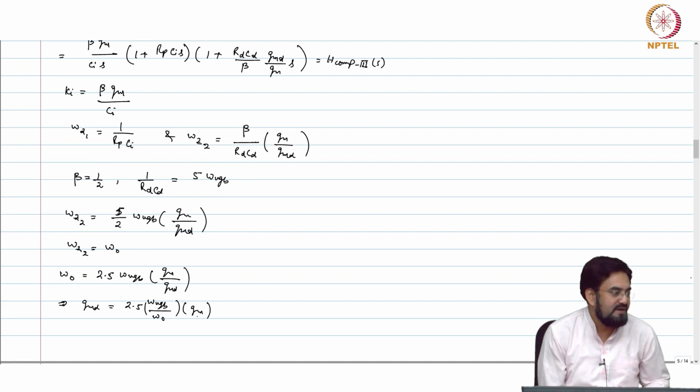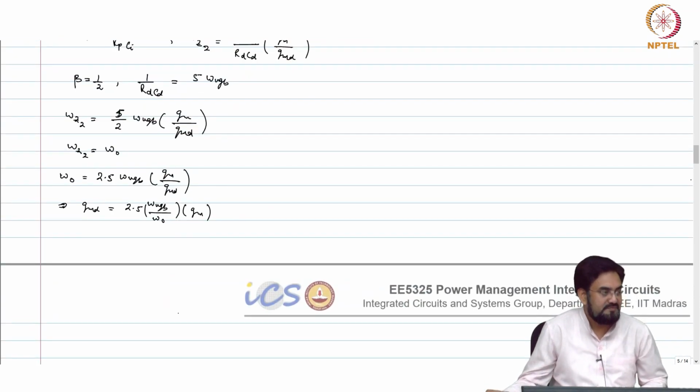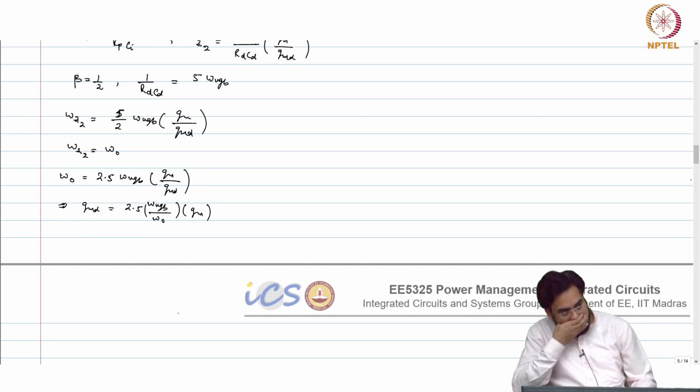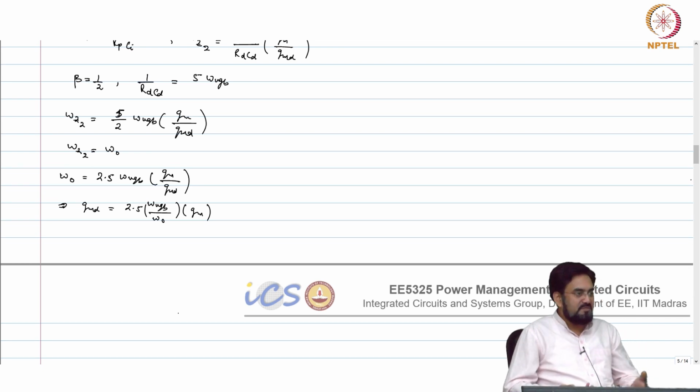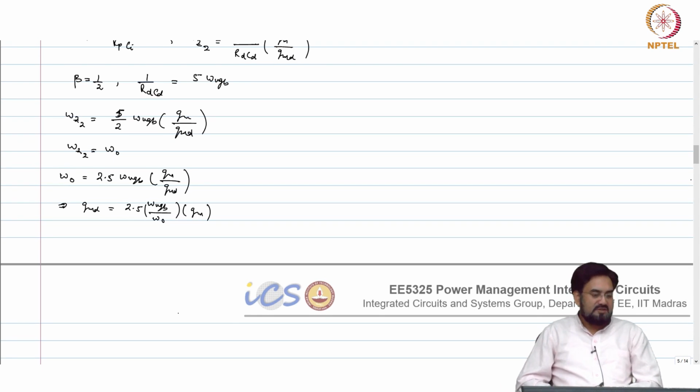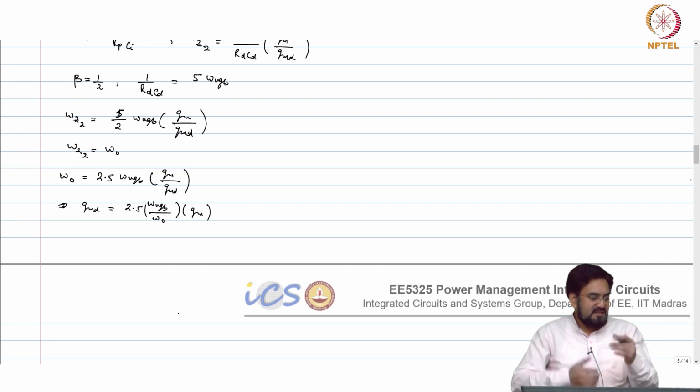So 628 divided by 174, how much is that? 3.6. 3.6 multiplied by 2.5, 9.02, roughly 9 times, or close to 10 times you can say. So if I choose a GM, let's say 1 milli, then that should be 10 milli kind of number. So this ratio now will decide the location of your zero,